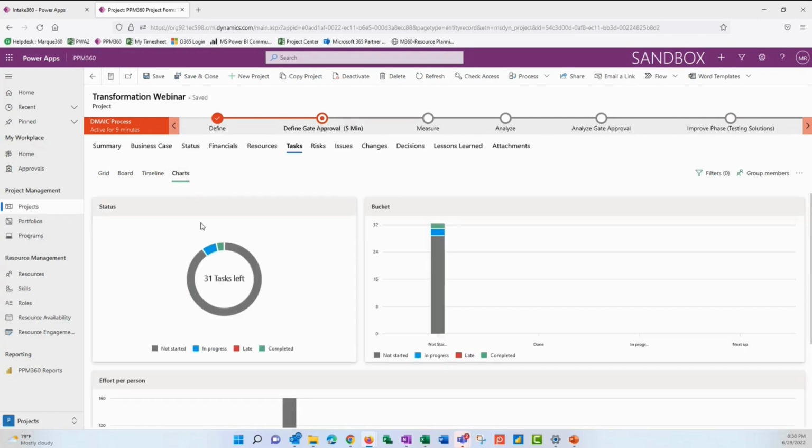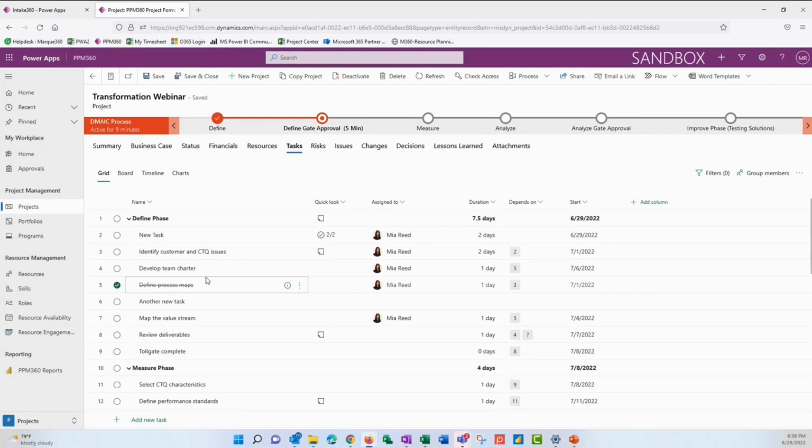And then there's also a charts view. This is more statistical information, but it's great to know if we are having a lot of tasks that are late, right? And seeing how far we are as far as completion goes. And any of these updates that we make in any of the views are going to show in all of those other views. So now we can see the tasks that I marked as completed,